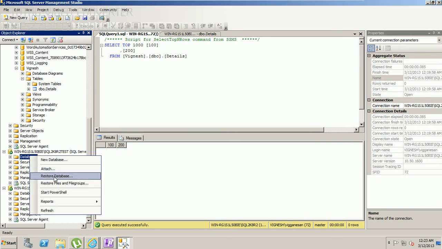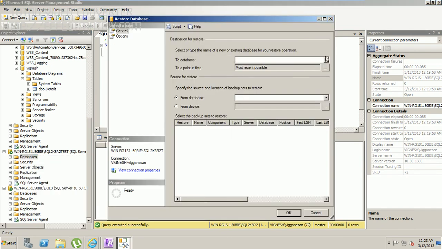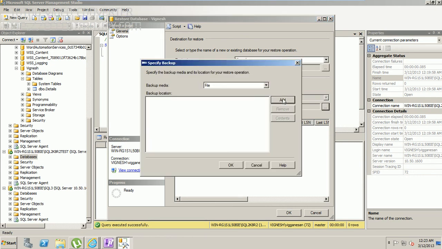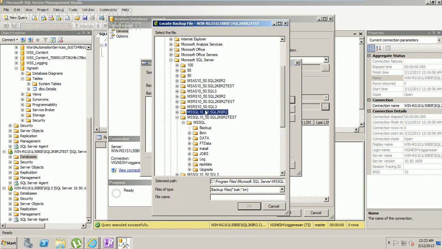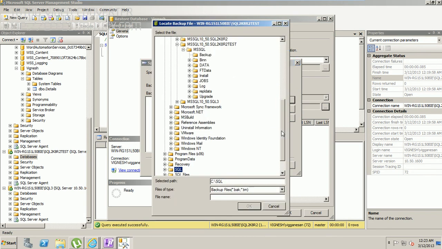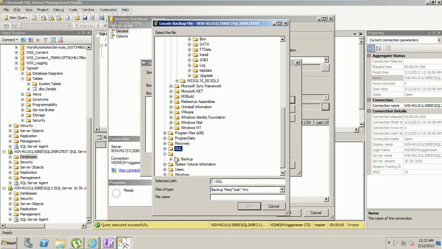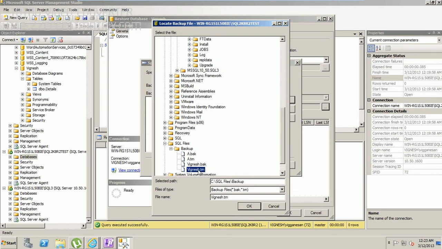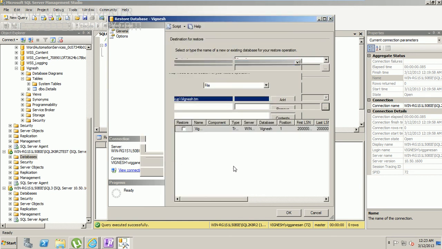Now again, let's go and restore the transactional log backup which we took. So it is going to be Vignesh from the same location, wherever we saved our transactional backup. Go to SQL files, backup, vignesh.tr, and say okay.